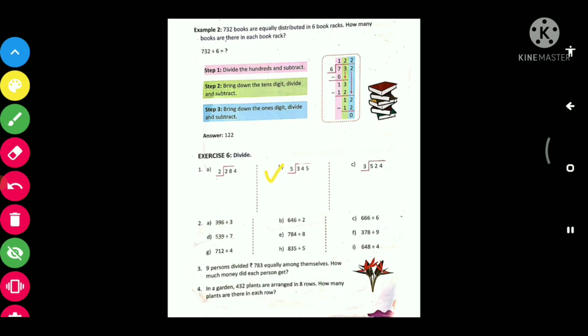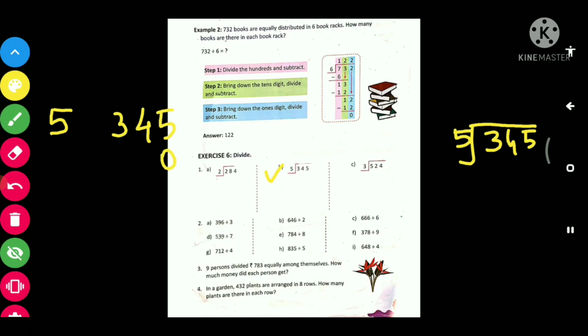now see the next one. So our dividend is 345, and our divisor is 5. Now we'll compare the divisor with the number that is in the 100 place value. So we'll compare first of all the dividend and divisor, but in the dividend we'll see first of all the 100 place value. So the divisor is 5, and in the dividend part the number that is in the 100 place value is 3, right? Our number is 345. This one is ones, tens, 100. So in the 100 place value 3 is there.